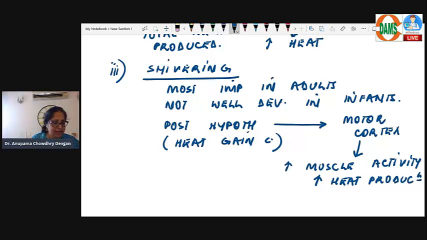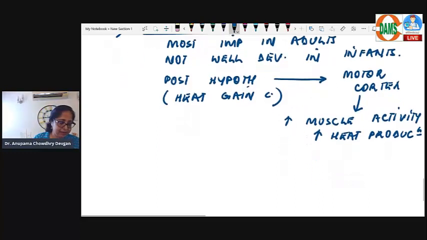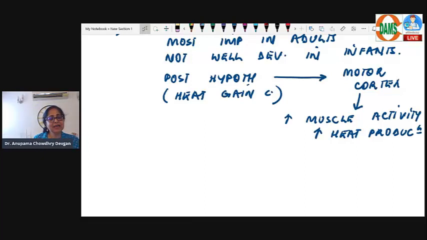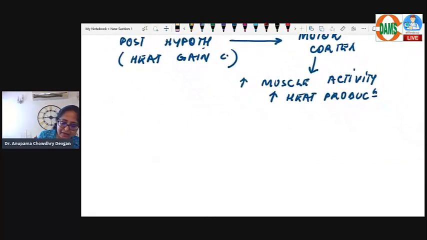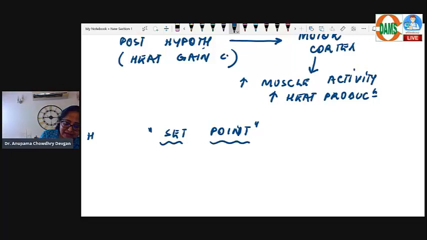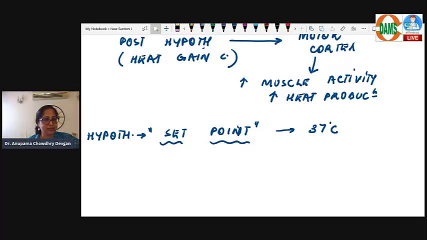So, Tanya Roy, what is the role of the hypothalamus in fever? Again, this is something which is done in pathology. As far as the hypothalamus is concerned, there is a set point. Hypothalamus has a set point. What is a set point? Our body temperature set point is 37 degrees Celsius. This is the set point in most individuals.